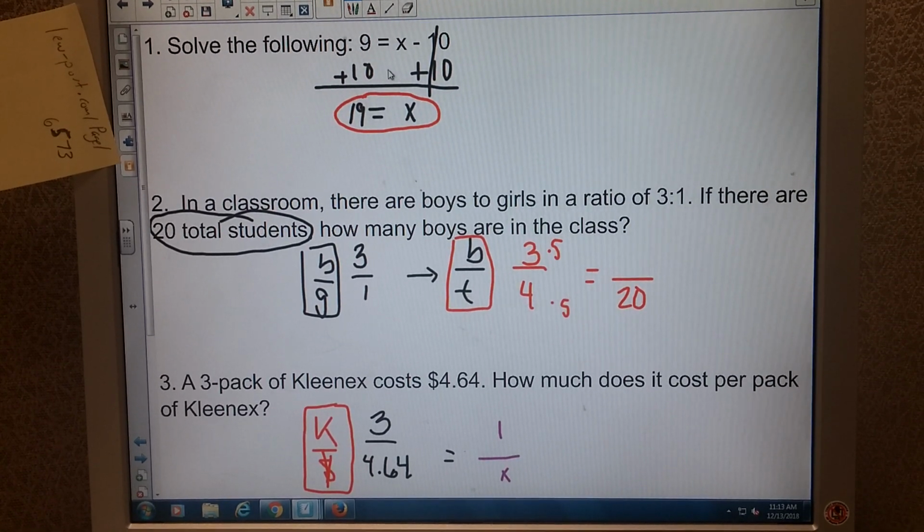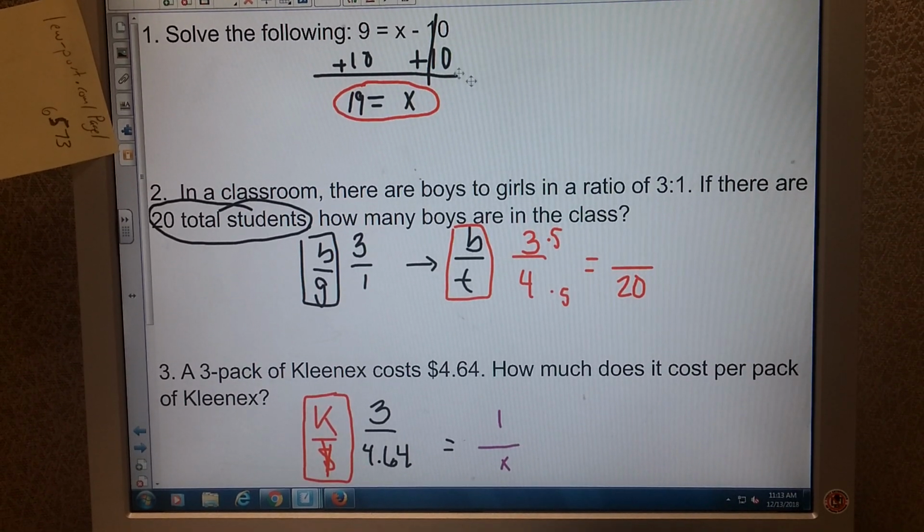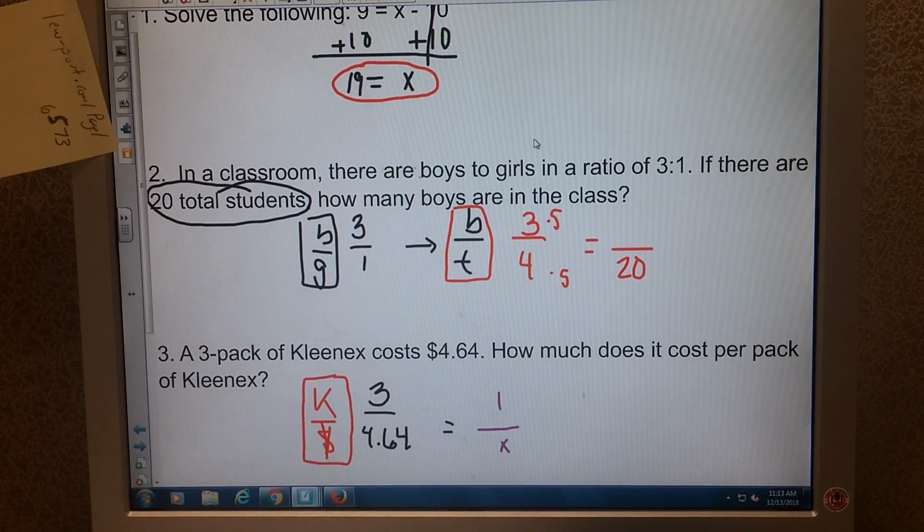To double check, you plug it in. 19 minus 10 is 9. You know you're correct. Number 2, in a classroom, there are boys to girls in a ratio of 3 to